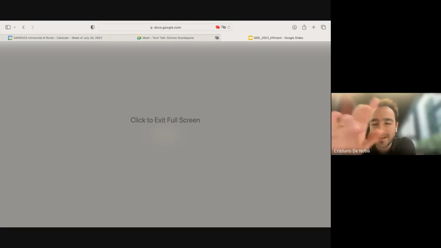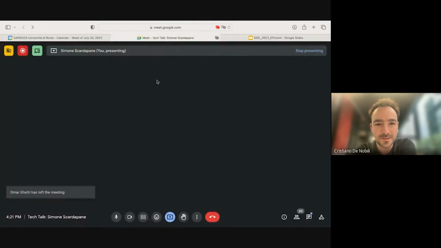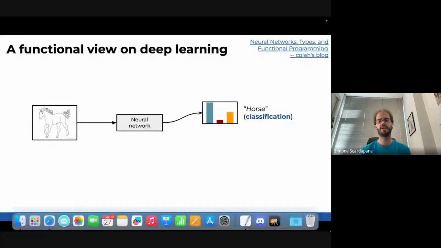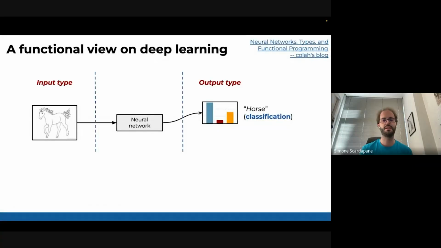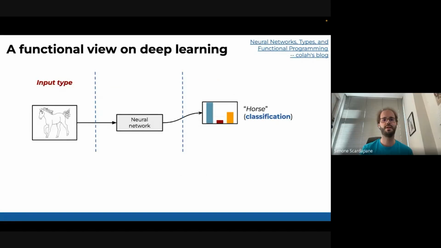Simone, sorry to interrupt you. We can hear you very well, but the screen somehow, okay, now it's loading. Because we were not able to see the presentation. Maybe let me share the entire screen so I don't have any issues of this kind. Can you see the slide now? Yes. Now is it updating? Maybe you can go back to the very beginning. Yes, now it's also updating.